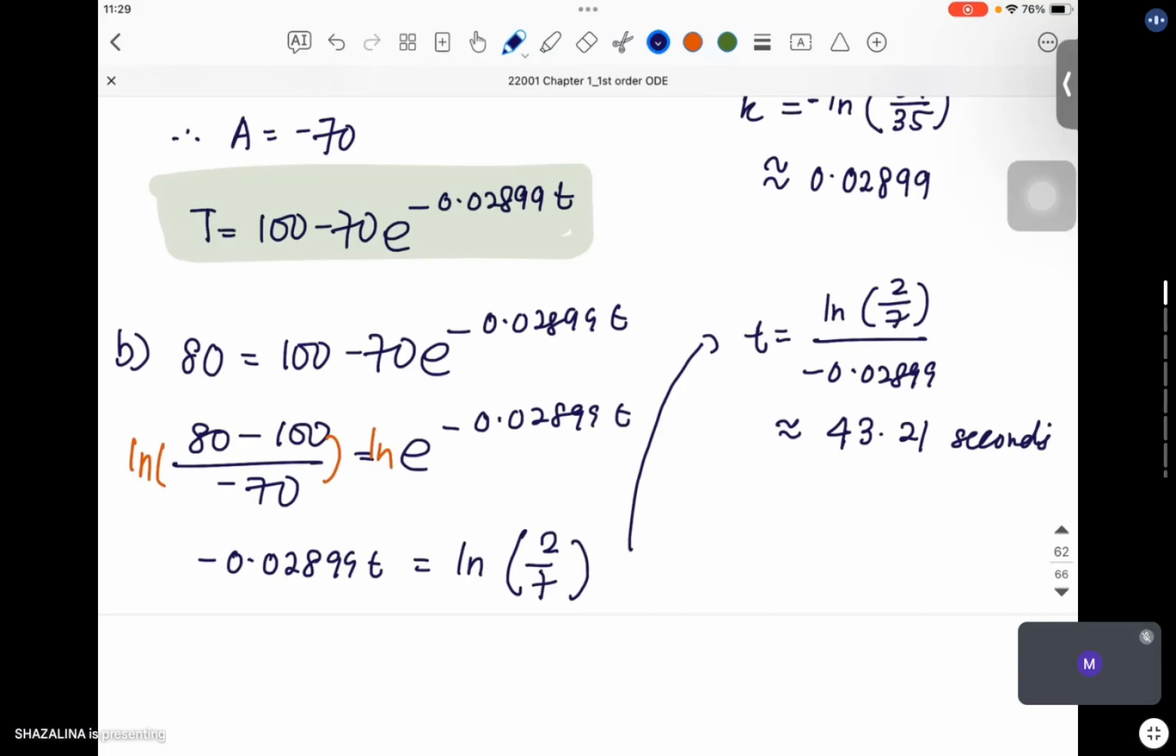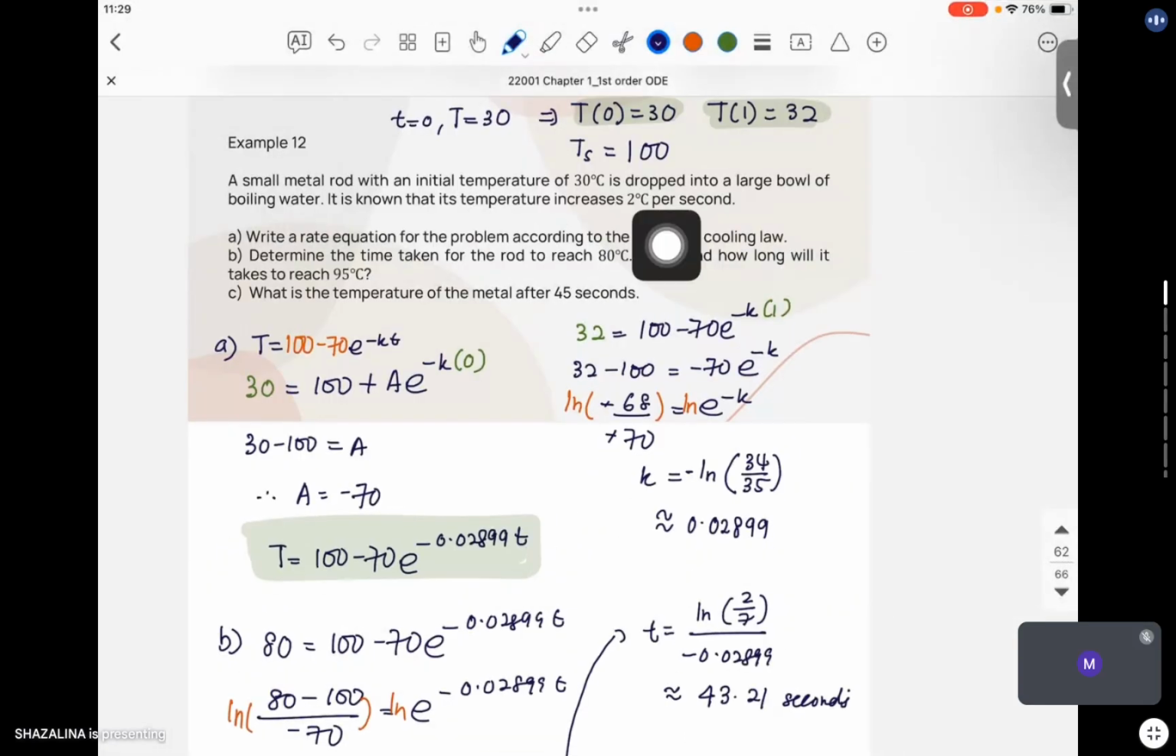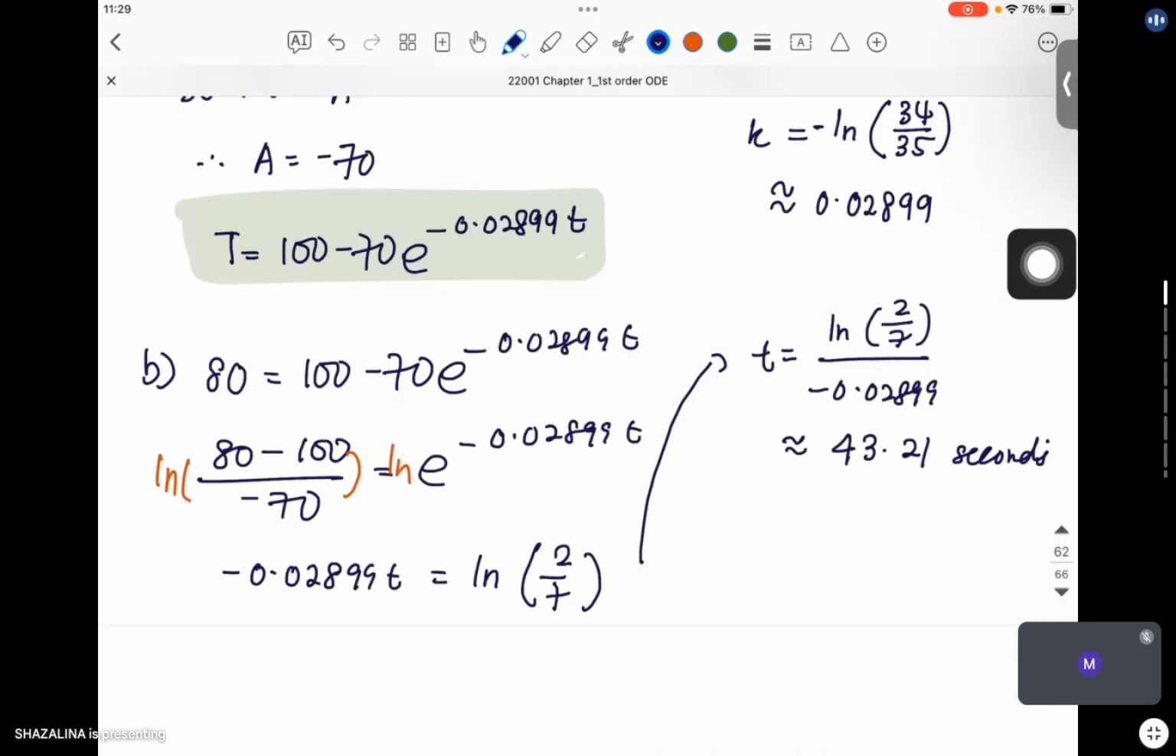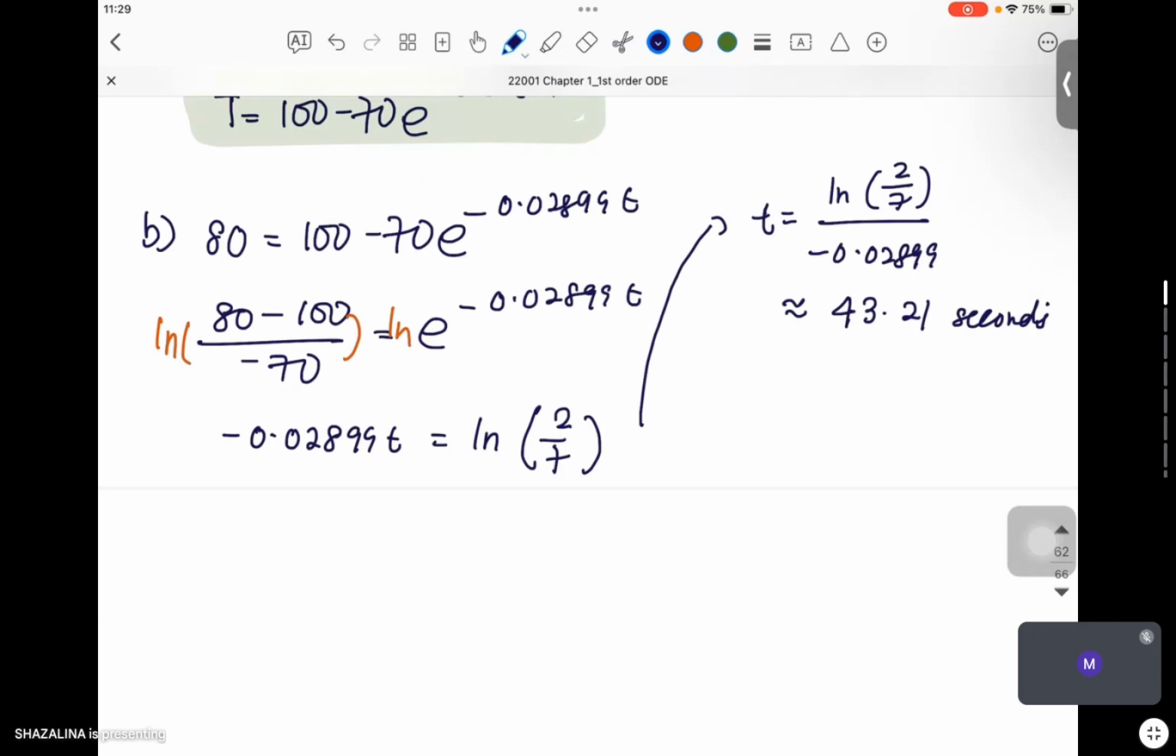Because our unit just now is in second. Ni kat sini second. We also consider small t here second. So answer must be in second. Dapat tak? Dapat. Okay, next 95 degree Celsius, 100 minus 70, exponent negative